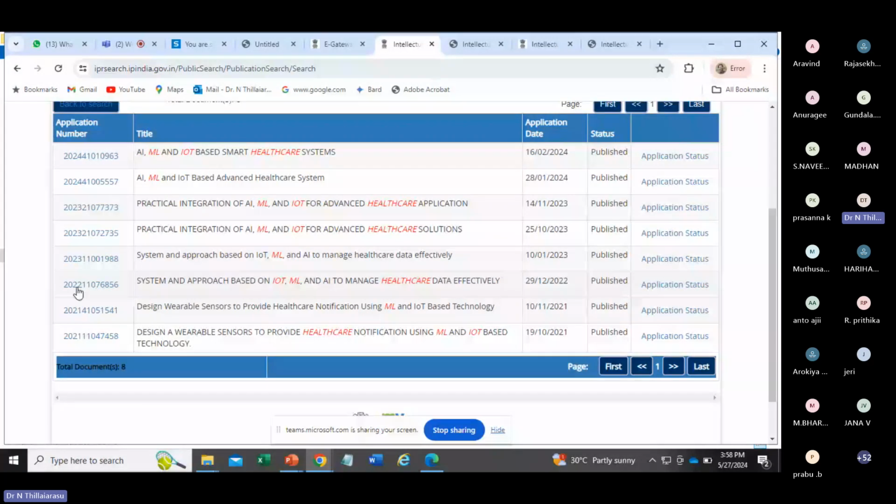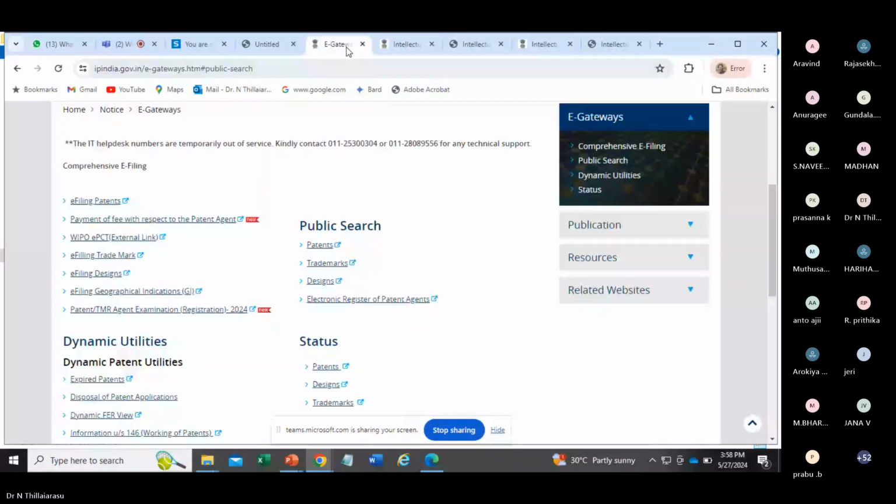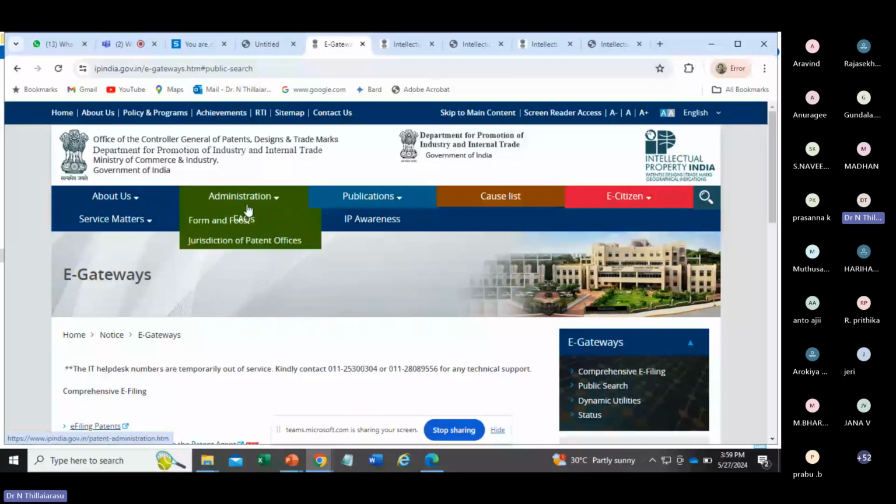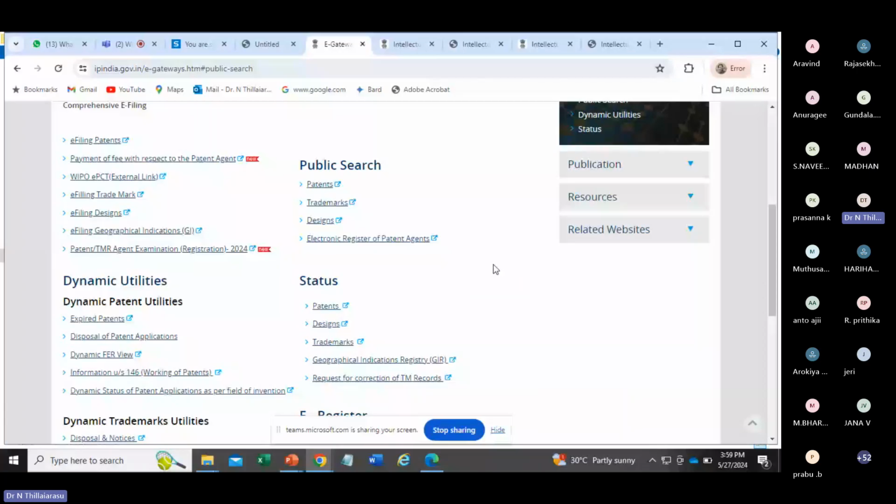And this is the website you can get, IP India. If you want to do a trademark, you can click on trademark, design, patent, and what else, geographical indication, that's all. And this is how generally, if I want to log in, I'll show you the login also.